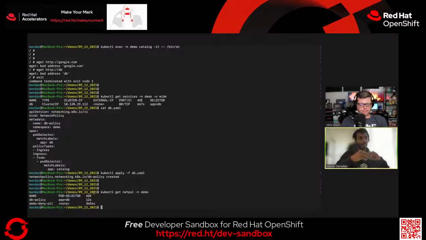So if I have a policy saying, okay, do not allow any ingress traffic, and I have another policy saying, okay, allow ingress traffic, it's like a true and a false, right? A disjunction. The effective network policy is going to allow ingress for that particular pod. So that's how network policies work, and how it is important is